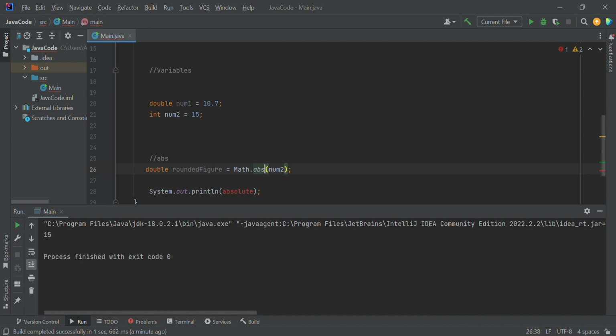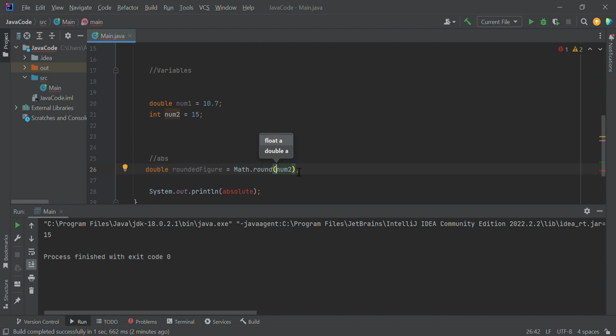So to get the rounded figure, it's going to be math dot round. If you notice, it states float and double, meaning that the only data types you can round up are usually float and double. You can't round up your int, due to the fact that your int does not come with a decimal point. Always note this: your double and your float have decimal points, but your int is just a whole number without